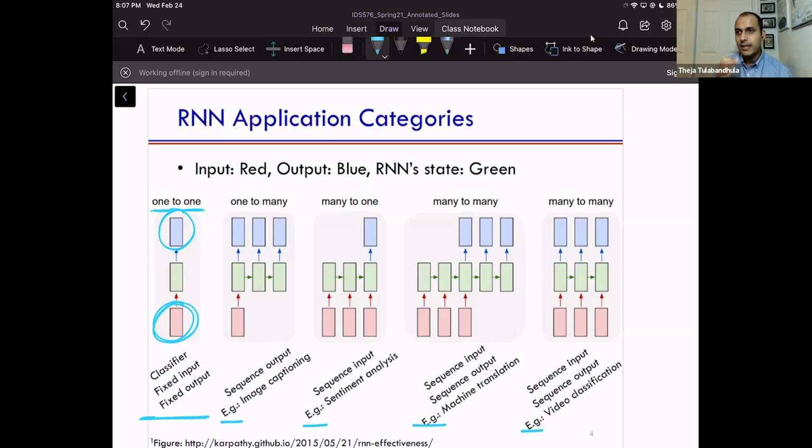Then you can say, once you have word embeddings or word vectors, one vector follows the other. You can have an order relationship between these vectors, or you can say this is a collection of vectors. Given this collection of vectors, tell me whether the sentiment is positive or negative. You can do that as well, and there you're not really exploiting the sequential information. You just have a collection of word vectors, and you're just trying to say whether a sentiment is positive or negative. So you can do that.